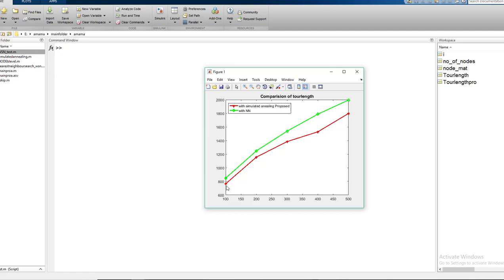You can see here the graph of nearest neighbor search is lying above simulated annealing, which is the red one, because the simulated annealing tour length is smaller. Simulated annealing is more efficient than nearest neighbor search.